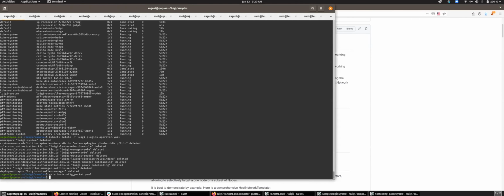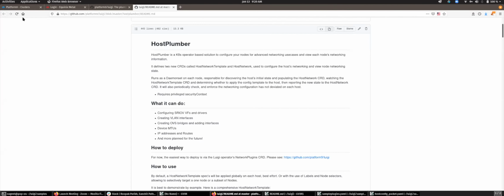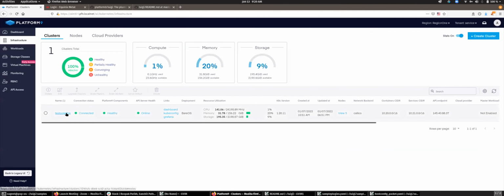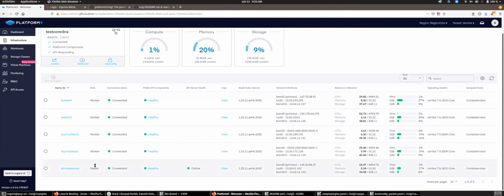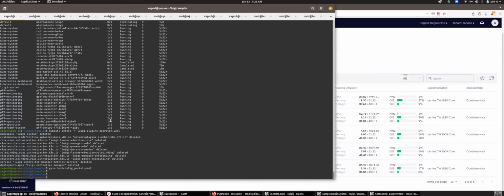So here, I have a cluster. If you're familiar with our Platform9 UI, here's my cluster. It's nothing fancy. It's a single master and has 4 workers up here. And these are all bare metal nodes that are deployed from Equinix Metal. I believe 2 of these nodes have SR-IOV enabled in the BIOS, so these are actually SR-IOV capable. And if you want to, let me make my screen bigger.